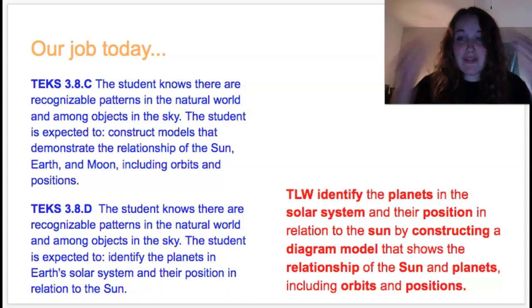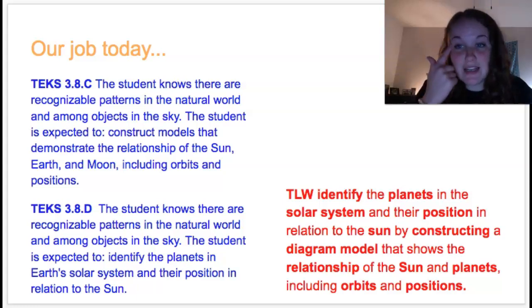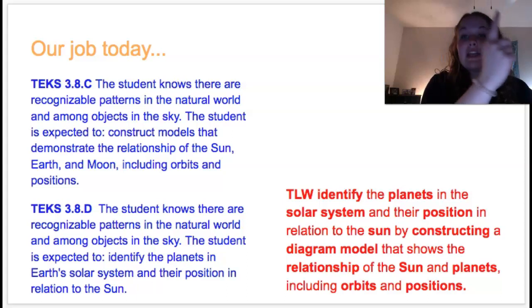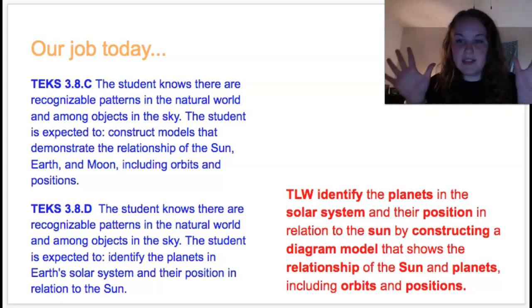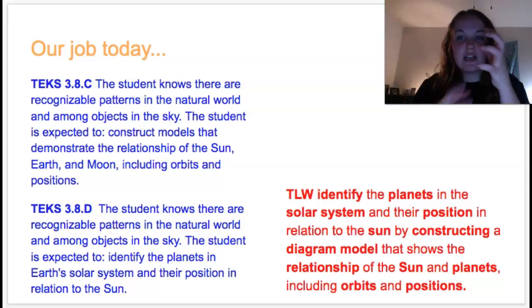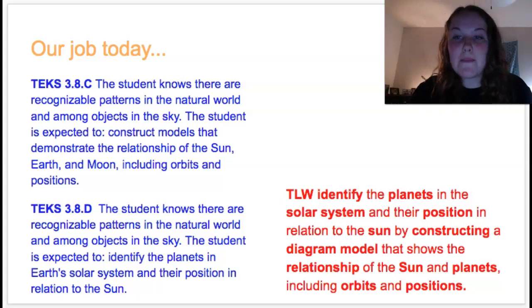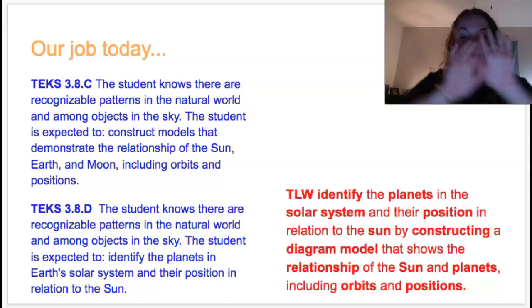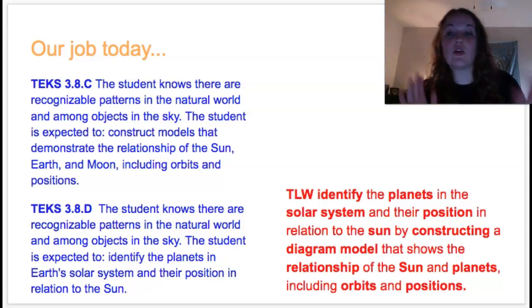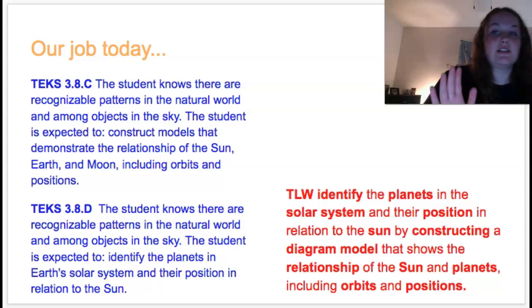So we're going to continue from last week in what we're learning. This week our objective: the learner will identify the planets in our solar system and their position in relation to the sun by constructing a diagram model that shows the relationship of the sun and the planets, including orbits